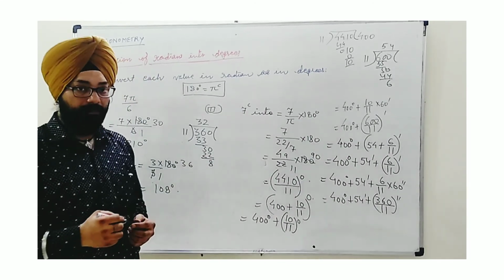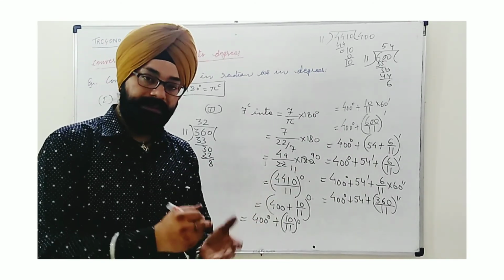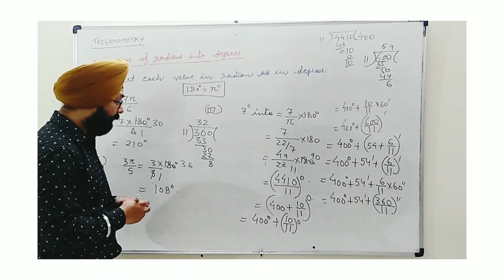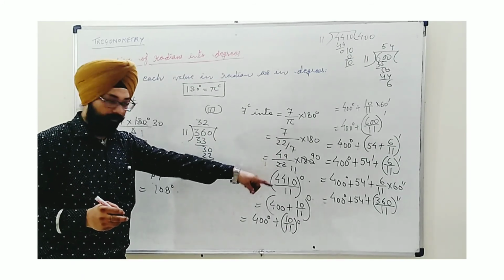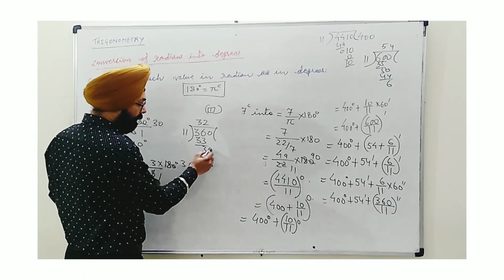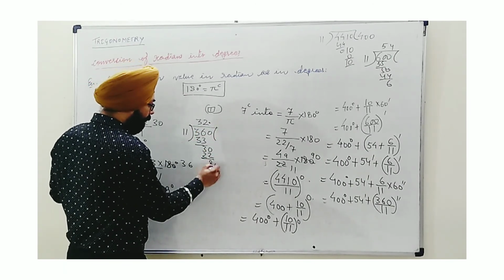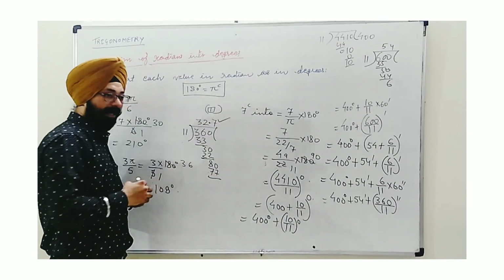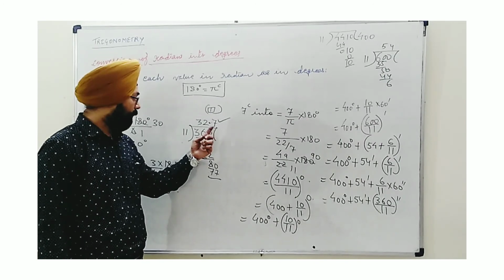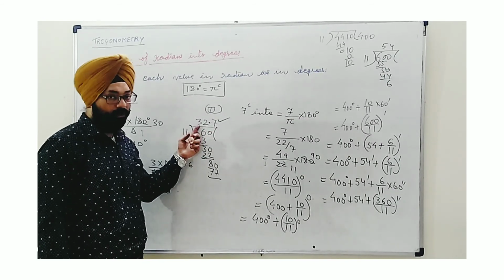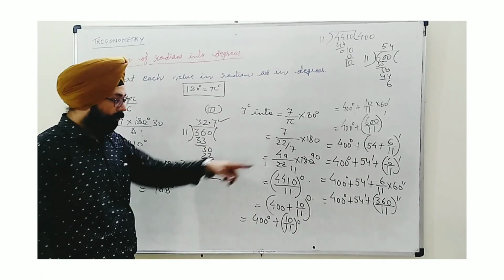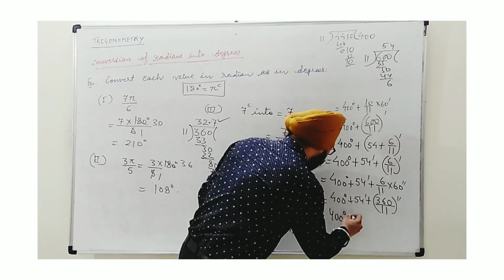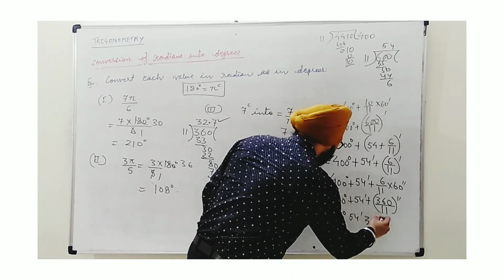So far we were writing in mixed number. When it comes to the last step, the second conversion, we put that in decimal. Why? Because we need to convert in rounding form. We will round off the obtained number. 30 minus 22 is 8. Put decimal here to make it 80. This becomes 7s are 77. As soon as I write 7, by rules we know that when this value is 5 or more than 5, this will be rounded off to 33. Otherwise, this will remain 32. So there we put the answer as 400 degree, 54 minutes and 33 seconds.